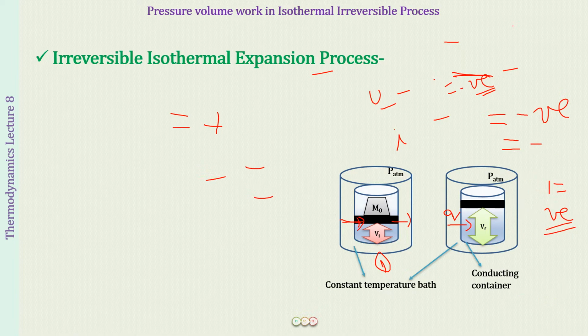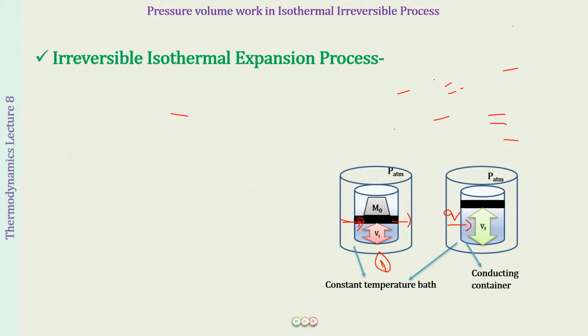Now the next is we want to do this process irreversibly. We want to move the piston. Yes, the piston has moved from initial to final, but how? Now let us understand that. For the irreversible process, I am going to show you this process in two ways. First of all, a single step isothermal expansion, and then a two-step isothermal expansion. The significance of that you will also be learning over here.